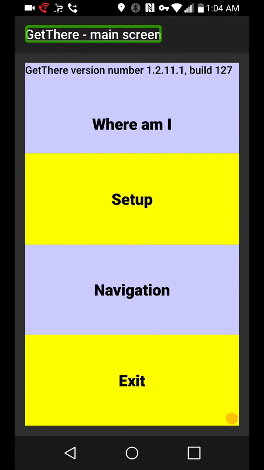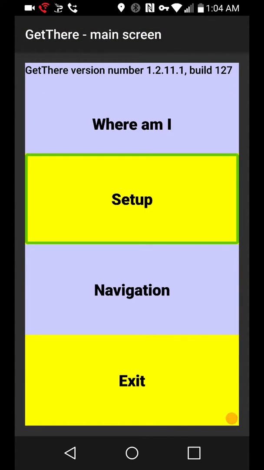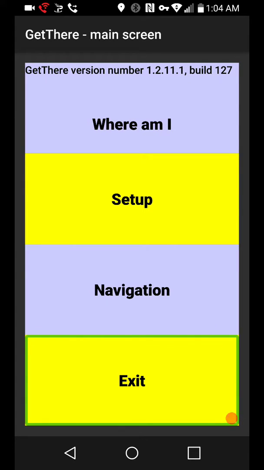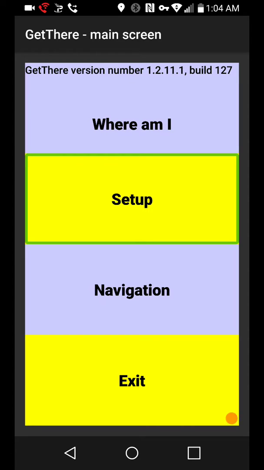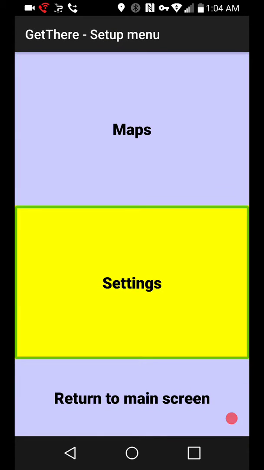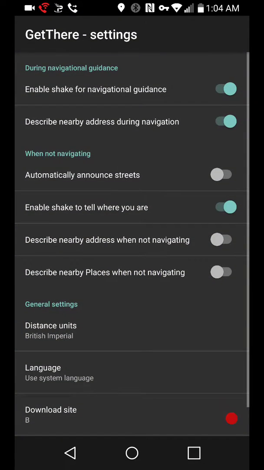So we're at the Get There main screen, and you've got Where am I button, Setup button, Navigation button, and Exit button. Double tap to activate. So if we go into Setup, you've got Maps button, Settings button, and Return to main screen button. Double tap to activate. So if we take a look at the settings really quick,